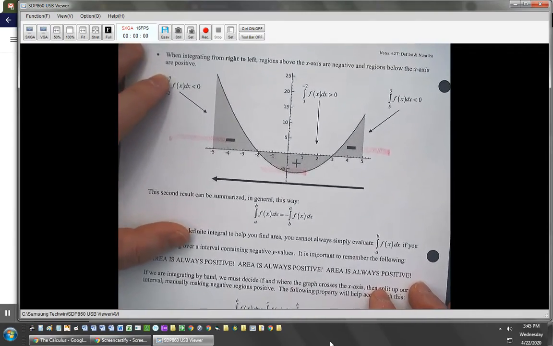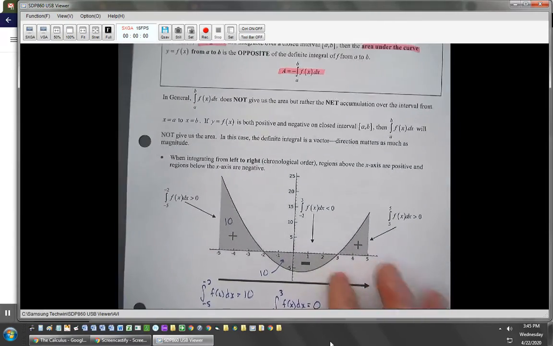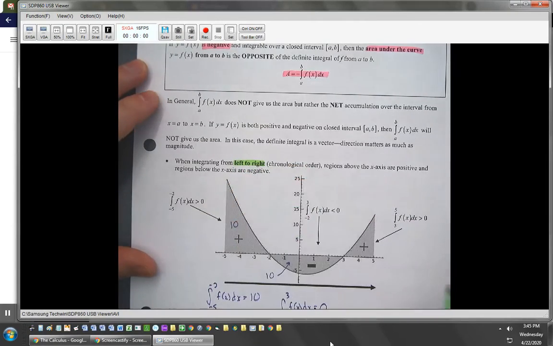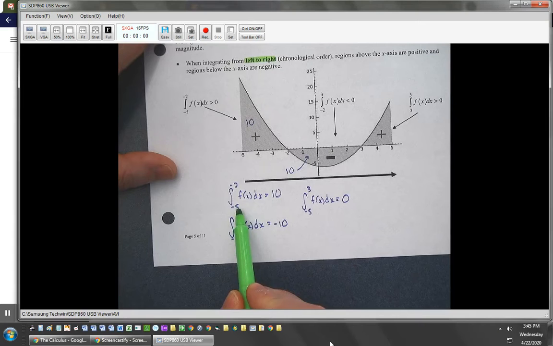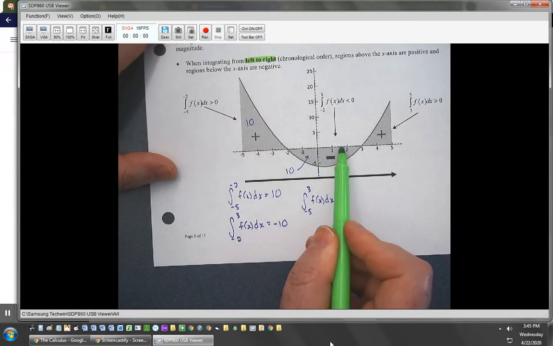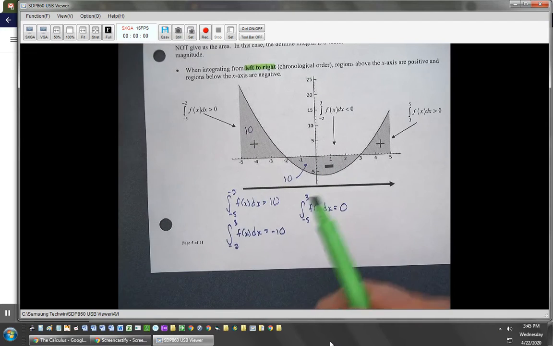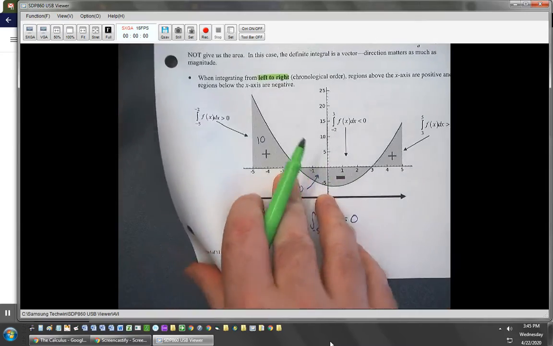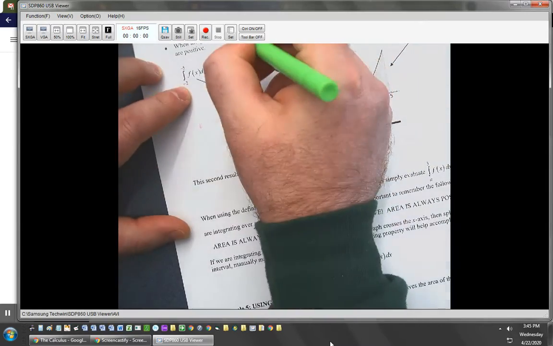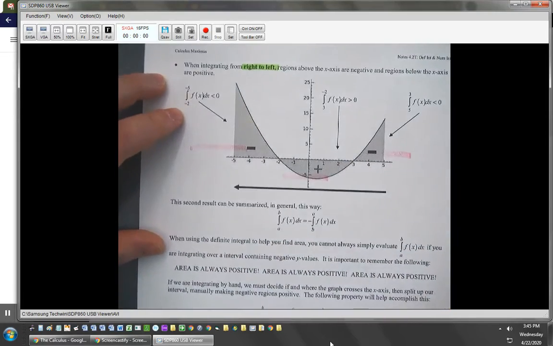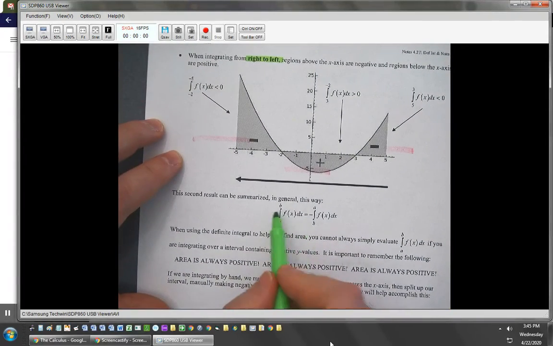Now, it depends on how you look at things, too. So let me go back here. If we're going to integrate from left to right, that means like what I did here. From left to right means I started at -5 and I went to -2. Then I went from -2 to 3. So when I integrate those, I just get those values. But when we go the other way, that all flips around. If you want to integrate from right to left, which you rarely want to do, it ends up being the opposite